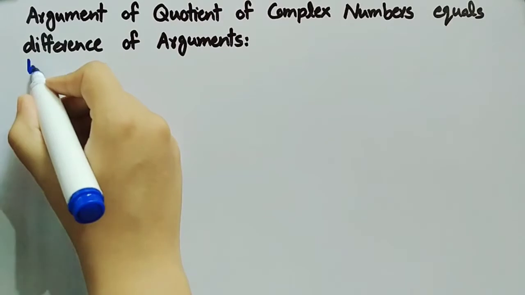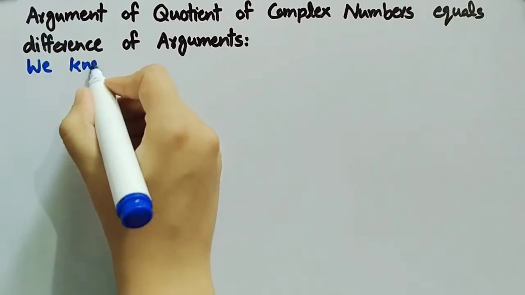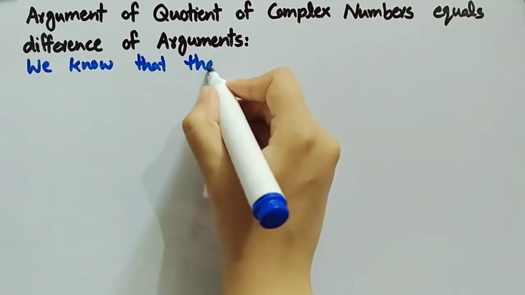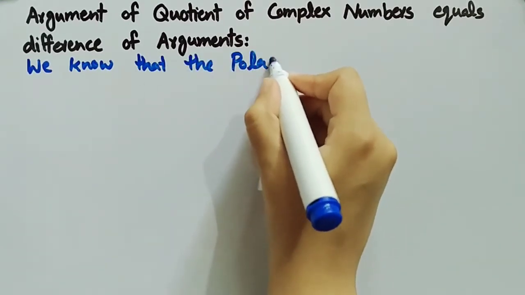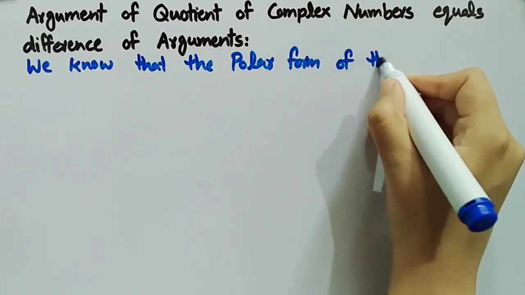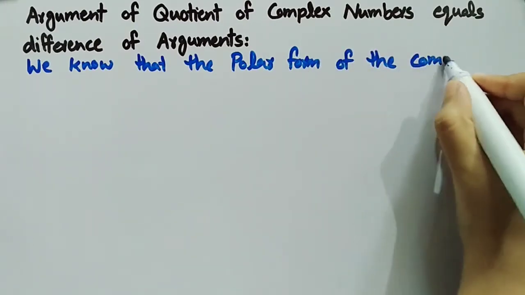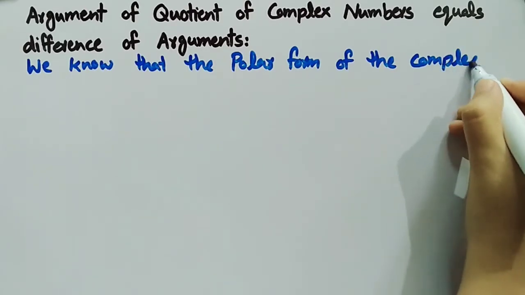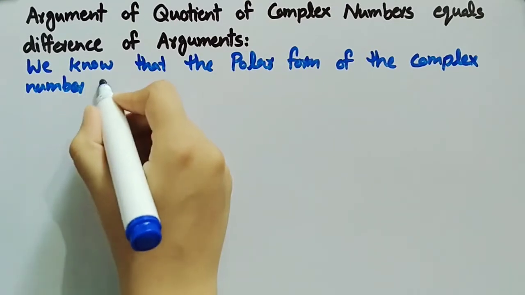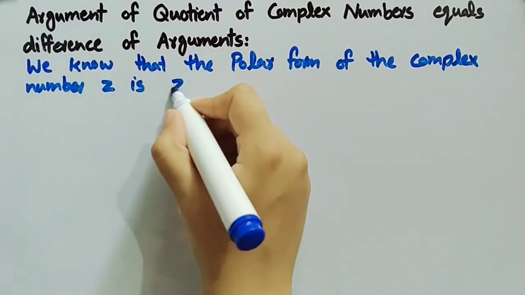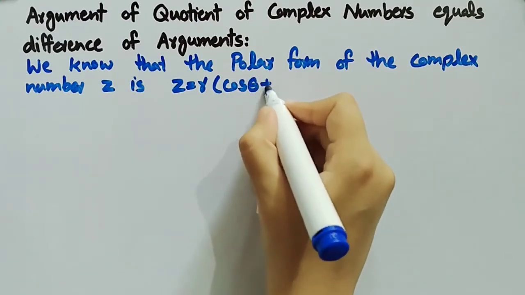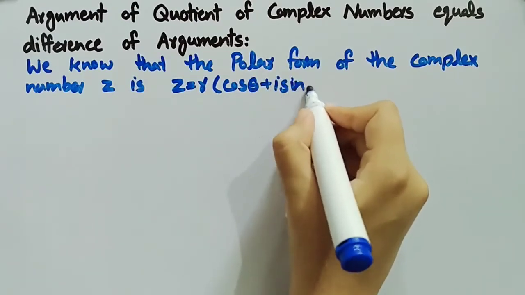We know that the polar form of the complex number z is equal to r cos theta plus iota sin theta,